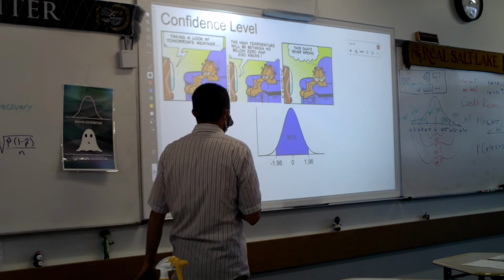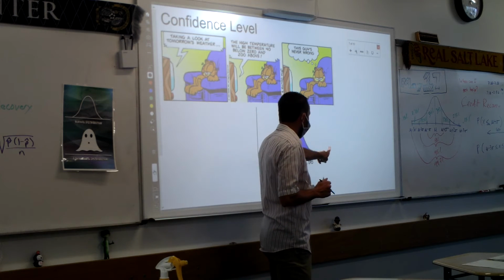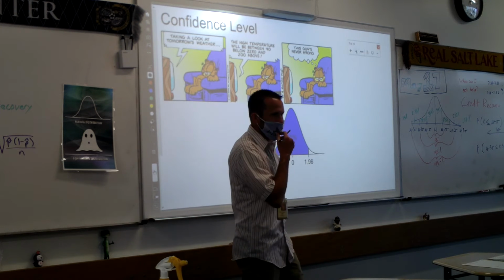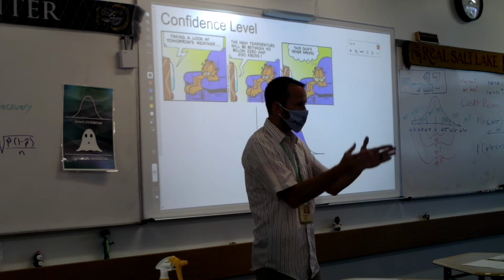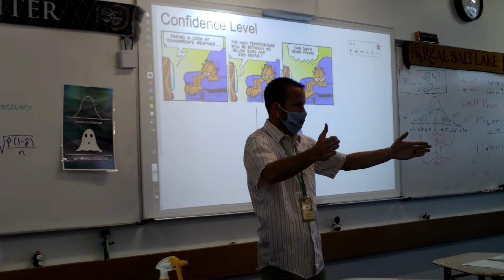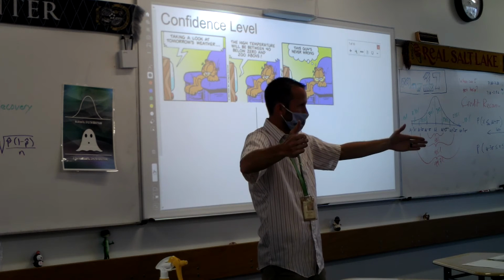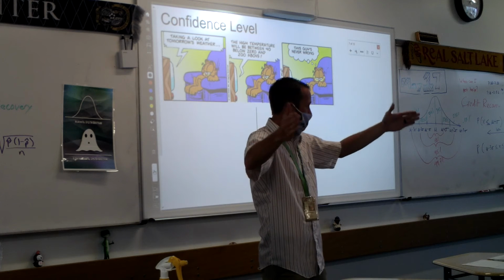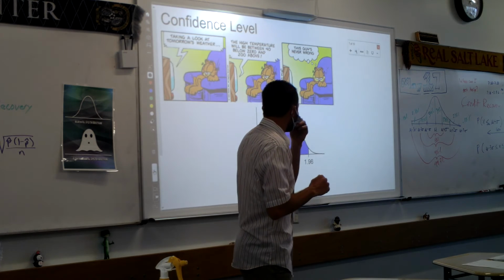Well, most of the time, what we're going to do is just go out about 2 standard deviations. Because do you remember what our 3 magic numbers are? If I start from our mean, what's 1 standard deviation cover? 68. What's 2? 95. And 3 is? 99.7. All right, so now,